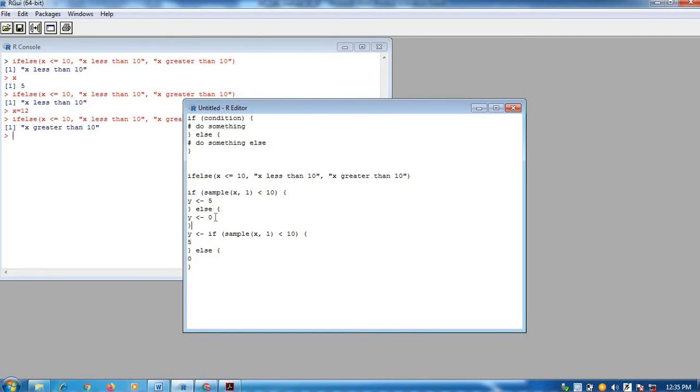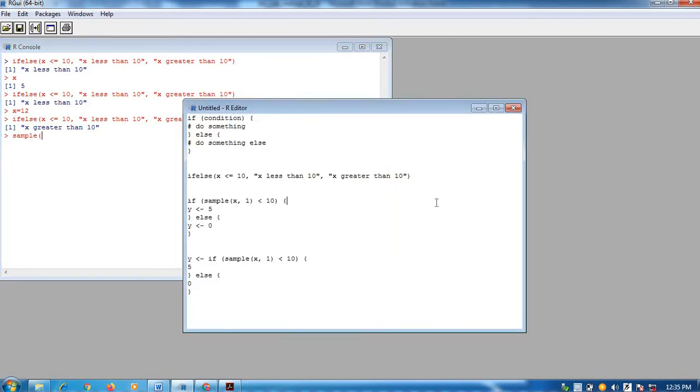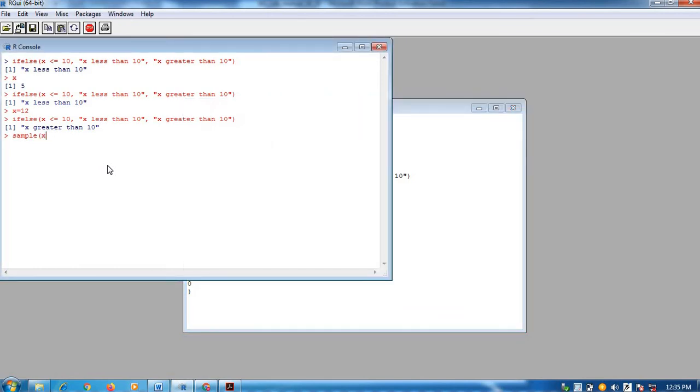So these two things are doing the same thing, right? What they are doing here is sample x comma 1. Now what does this sample function do? It is again an inbuilt function. So let us first try this sample, with x comma 1. Here, if I write x comma 1, just check what happens. It is having only one value, that's why it is printing only 10.